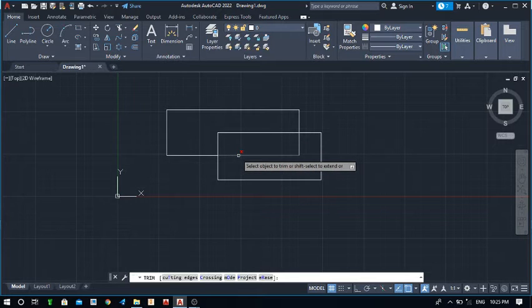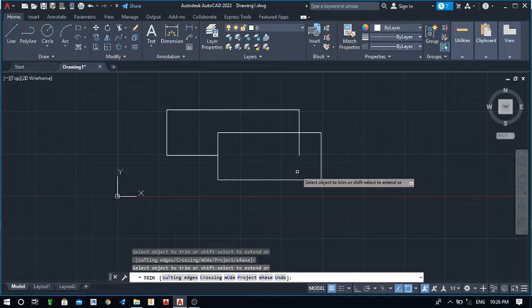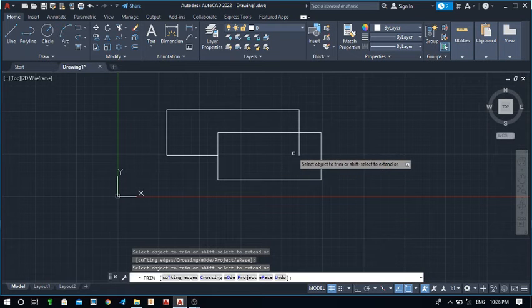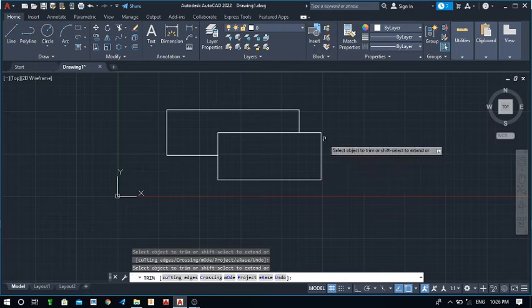Here you can observe the line becoming invisible, and one red cross comes near the cursor. This directly indicates which portion, how much portion, will be trimmed in this highlighting. Just click on that. Here the portion has been trimmed. If you would like to trim this portion, just go there and trim it like this.